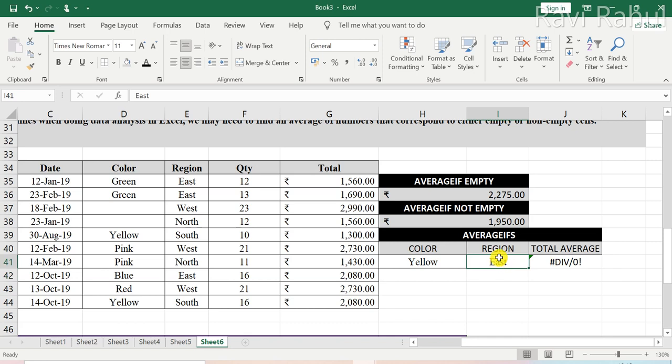Suppose I feed south here, what happens? It is displaying me 1650. Why? Because there are two cells that contain yellow, and they are both in the southern region, so it is displaying this value. In this way you can apply the AVERAGEIFS function.